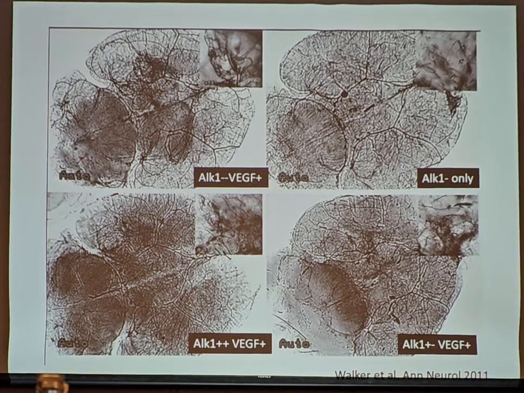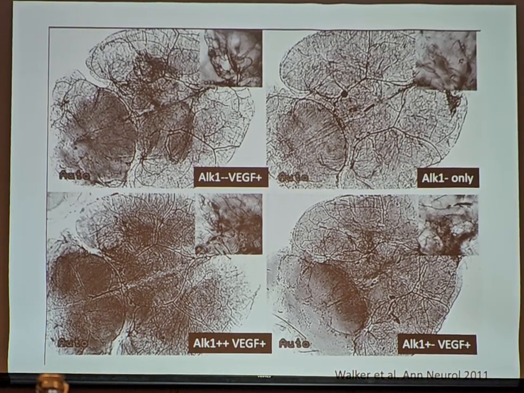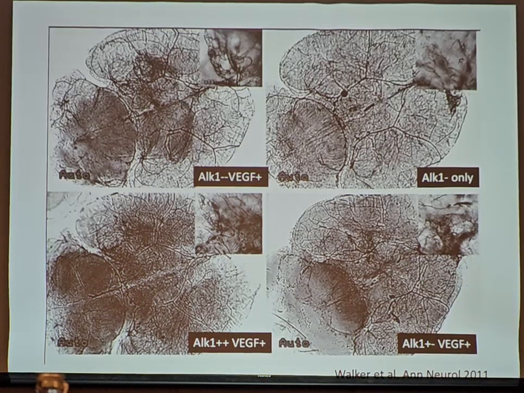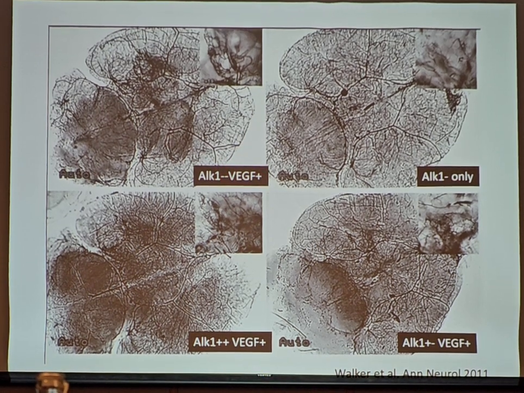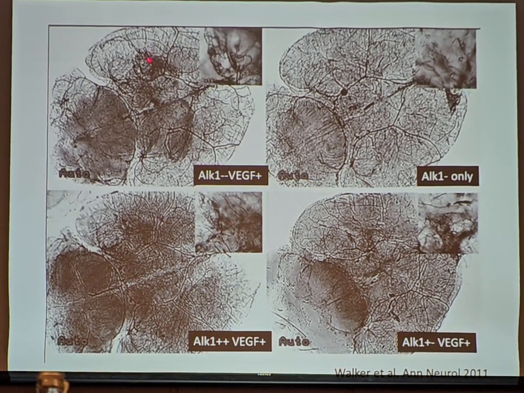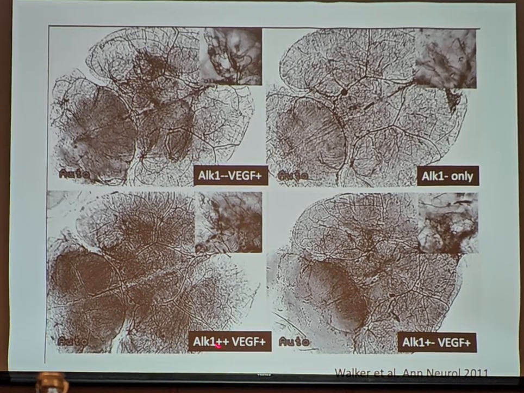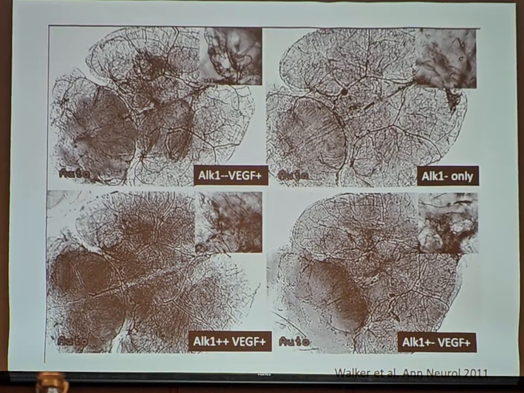So they devised a mouse model that was deficient of ALK1. And if there's only deficiency of ALK1, no AVMs formed. It was only in the presence of deficiency of ALK1 together with the presence of VEGF that an AVM formed. If ALK1 was present, even if VEGF was present, no AVM formed. So therefore, this group identified presumably the second hit.